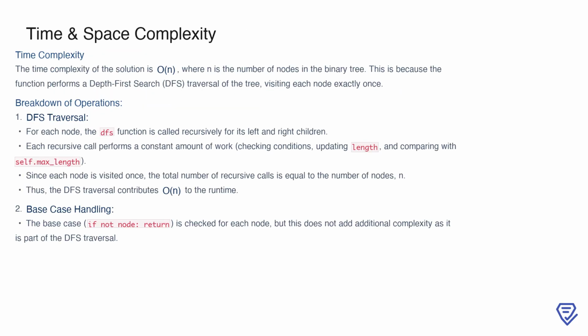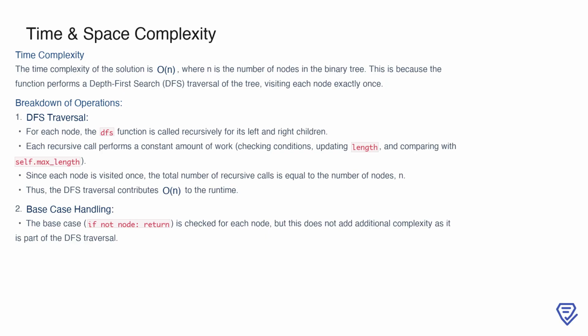The time complexity of this solution is O(n), where n is the total number of nodes in the binary tree. This is because the algorithm uses a depth-first search traversal, visiting each node exactly once. During this traversal, the DFS function is called recursively for both the left and right children of each node. Each call performs a constant amount of work, such as checking conditions, updating the current sequence length, and comparing it